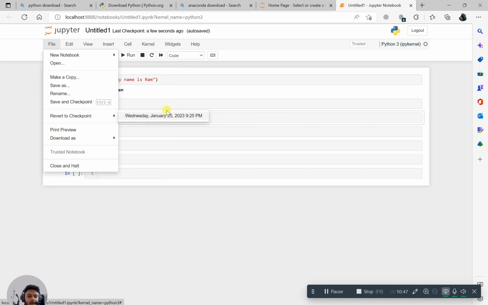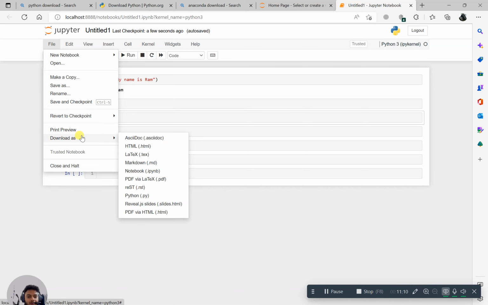So suppose I just created a checkpoint, right? Now let's say you made some change, and that change caused some issue in the code, and now you want to go back to that checkpoint. So you will see all the checkpoints in this section, and you can go back to that checkpoint like this. Okay, now if you want to download the notebook as an HTML file, you can download it as an HTML file